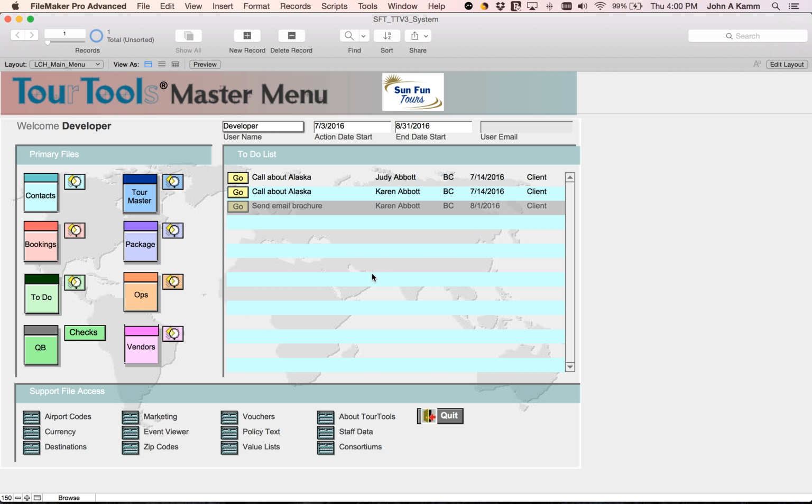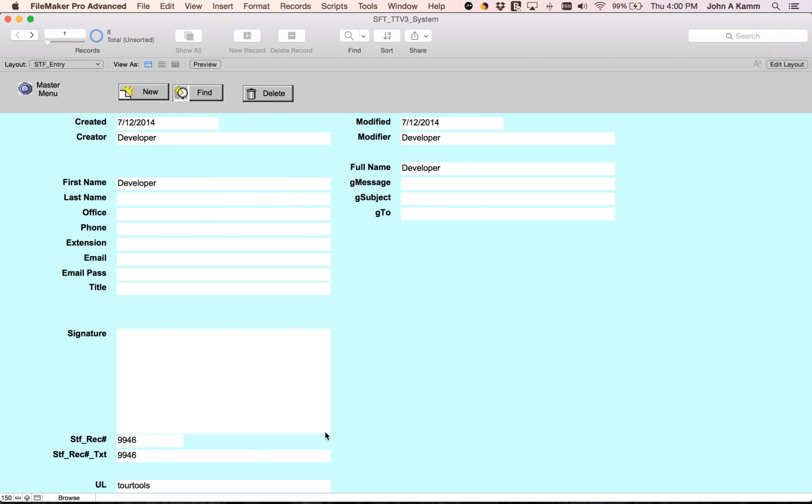If your list does not pop up, it's because your name is not on this list. To add your name to the list, you need the owner password for the system. You click on the staff data and make sure that there is a record in the system for you, for the staff person. The other aspect is the full name, which is a calculation based on the combination of the first name and last name,